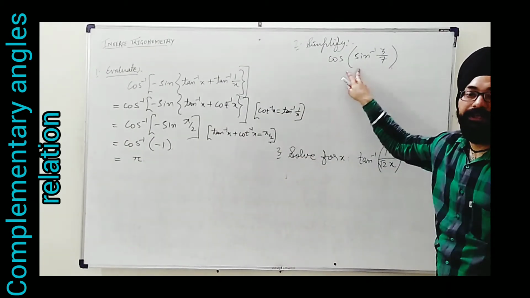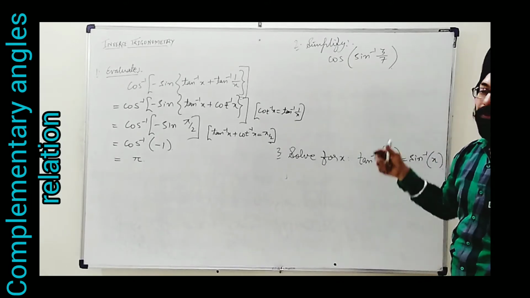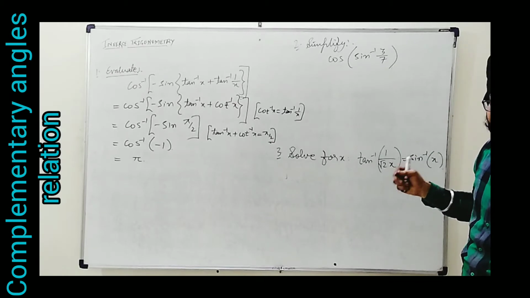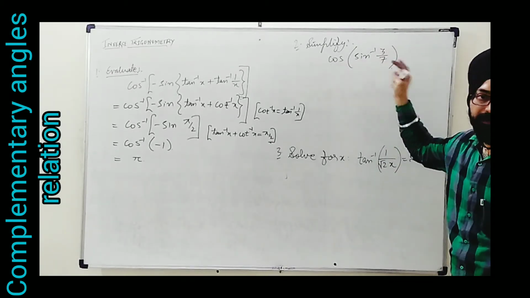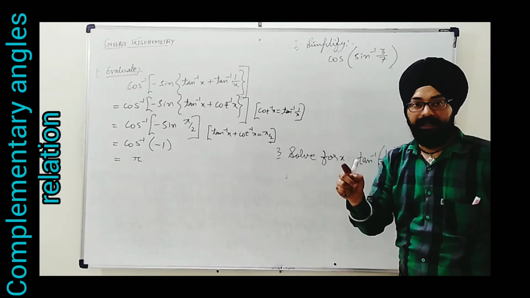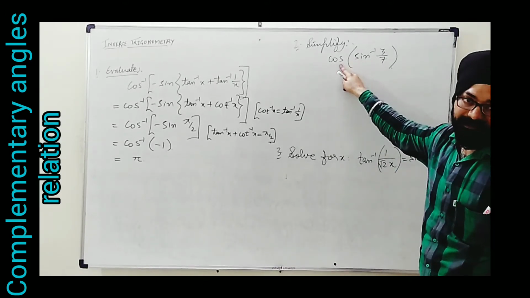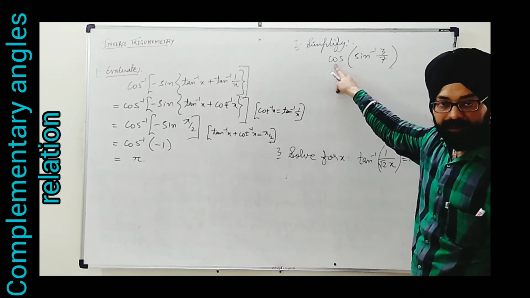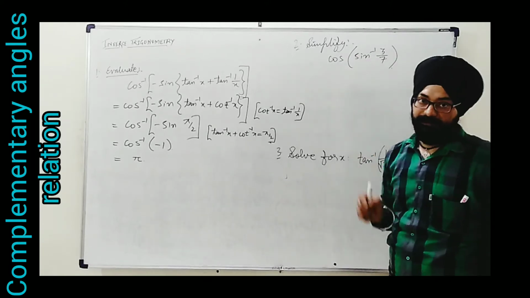Simplify. This is frequently used in the topic inverse trigonometry. You can see we require the application of such concepts at maximum places. What is that? Let's see. You are going to simplify cos of sine inverse 3 upon 7. By basic theory, we understand very well the law of cancellation identity. We have seen that cos and sine inverse can't be cancelled out. But suppose it is a sine, then it can be cancelled out, or if this is cos inverse, then cos and cos inverse can be cancelled out.